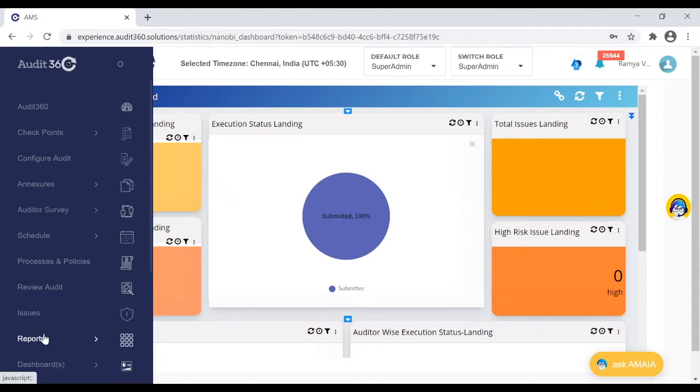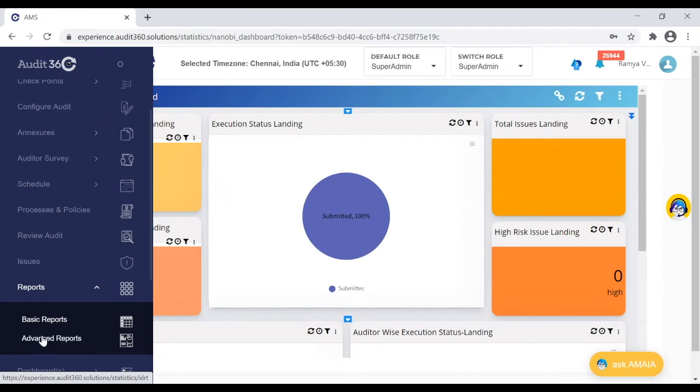When we talk about the three types of reports which I would like to demonstrate, one is the individual branch report, which is your bulk audit report or the individual schedule level report. Then in the reports module itself, there are two types of reports. One is the basic report, which is available for all the super admin and reviewer role users who have access to the reports module. This is a basic report designed by the Audit 360 team and given to all the users of these roles.